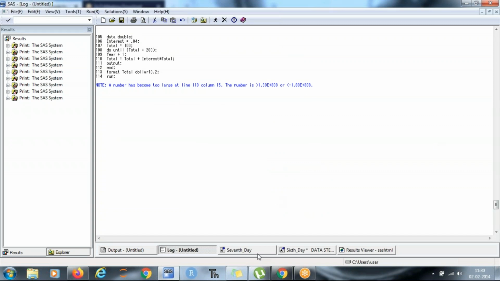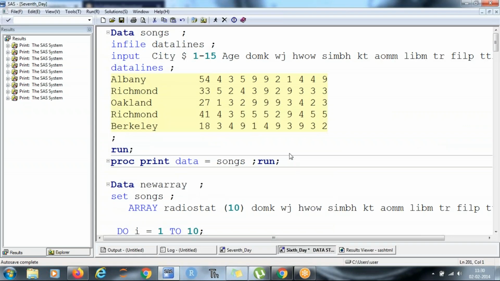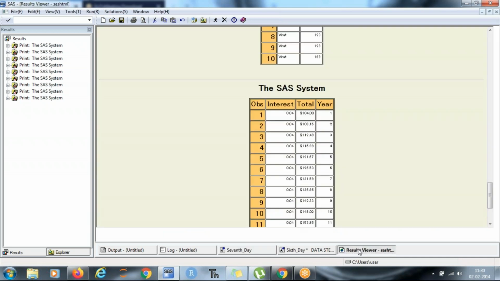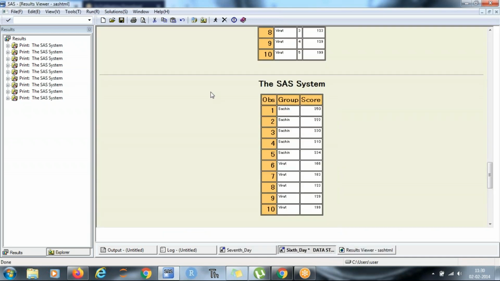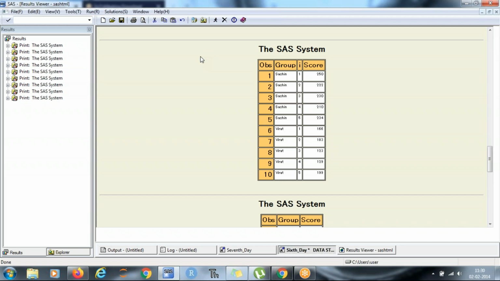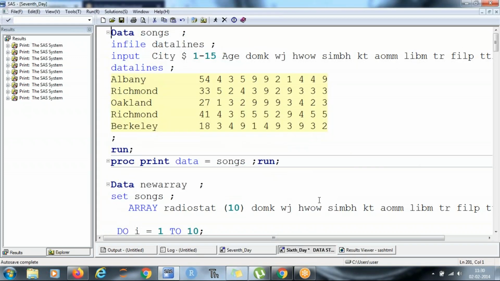Did you see the output? Oh, this is still running, I believe. That is stuck. The window is stuck. Give me a second, let me fix this.